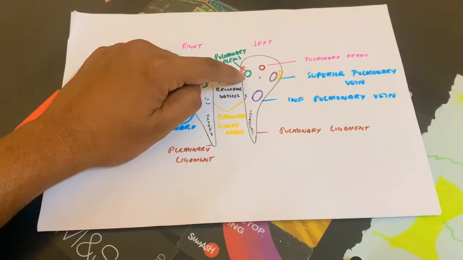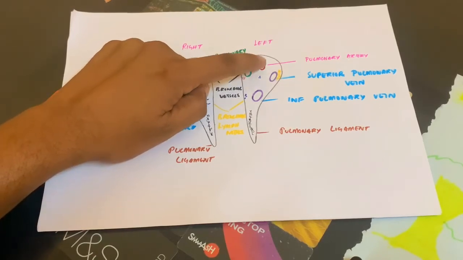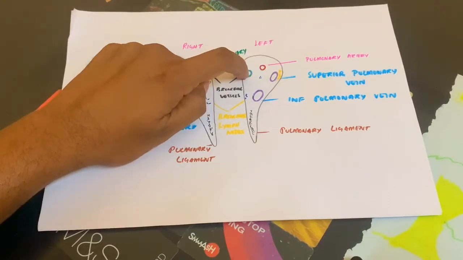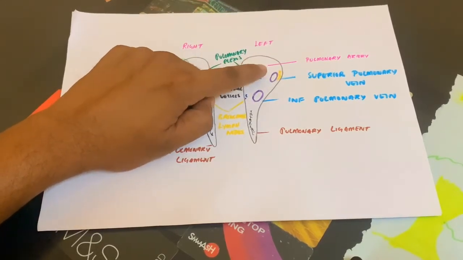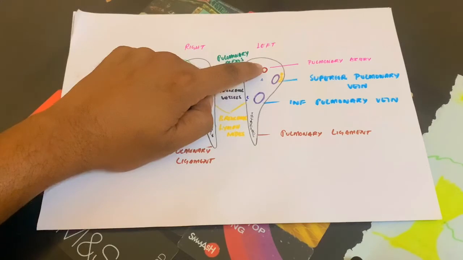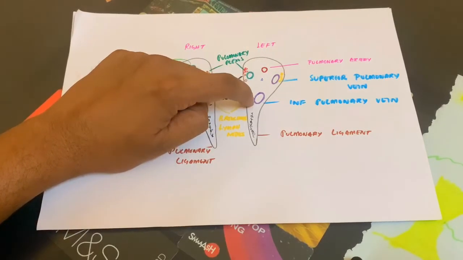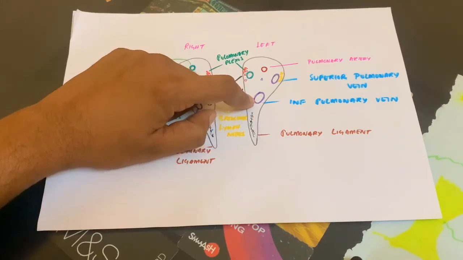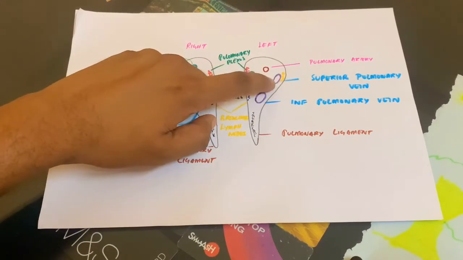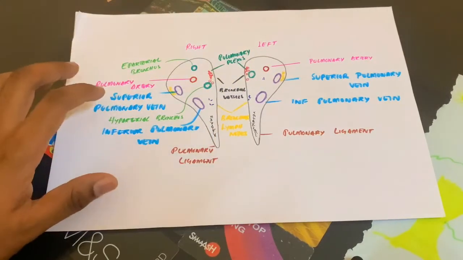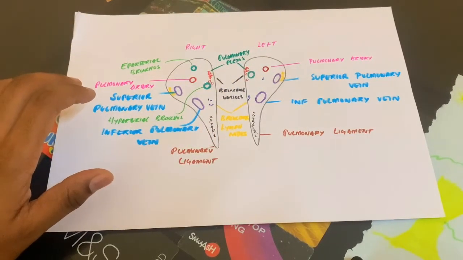Clear? So from above downwards, you will have the artery, then you will have the bronchus, then you will have the vein. So from above downwards: pulmonary artery, left principal bronchus, then you have the inferior pulmonary vein. From before backwards: vein, artery, bronchus. The same way, if you see on the right side,